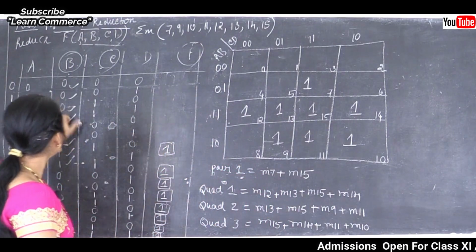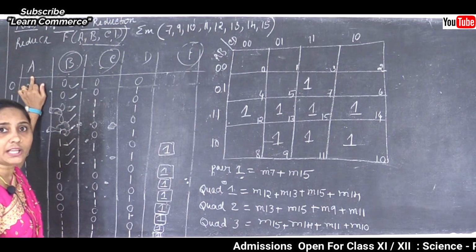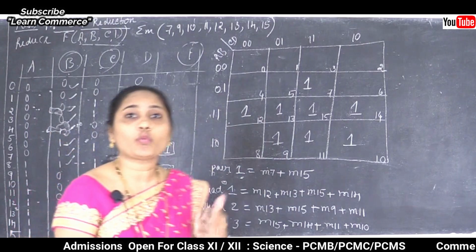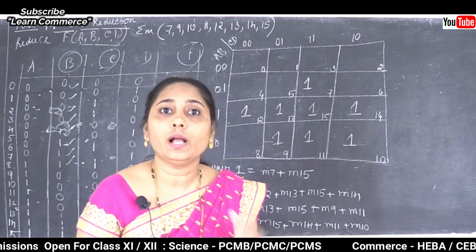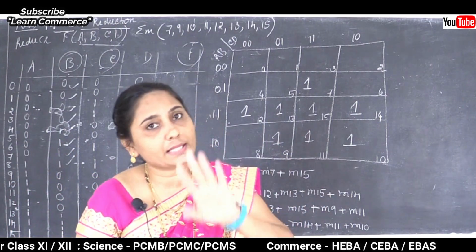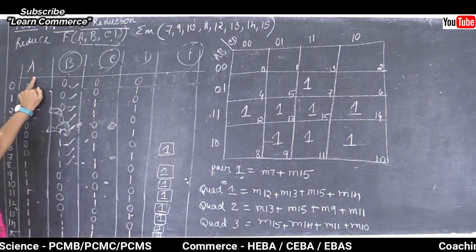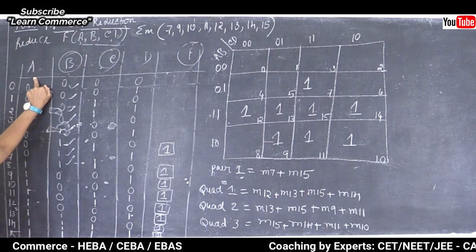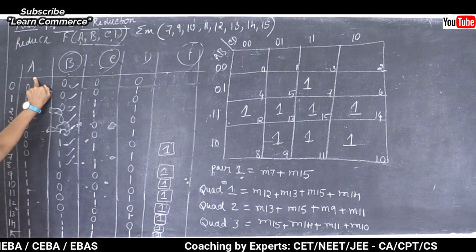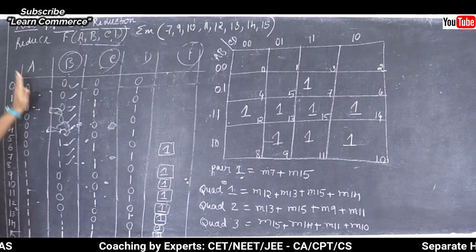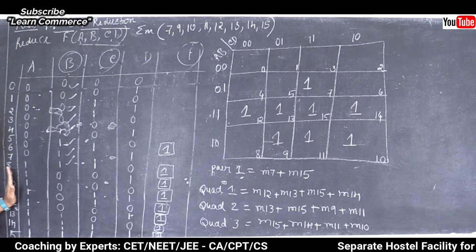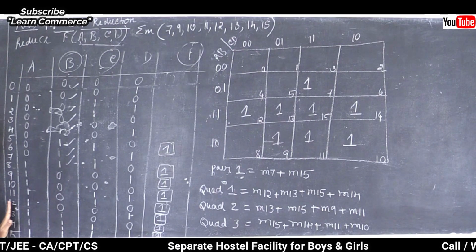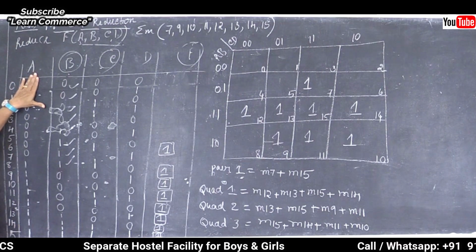First of all, 4 variables are there, so we can say how many squares we need to use for our variables A, B, C and D. So 2 to the power of 4 is equal to 16 squares, and the 16 squares go from 0 to 15. Just for your convenience, you have to write 0 to 15 on the left side. And next we need to take the values for the first column.